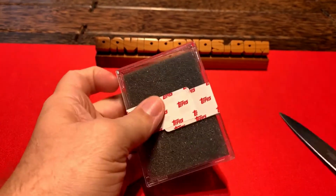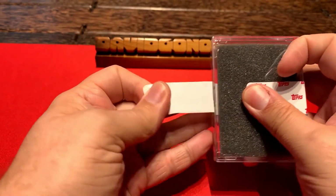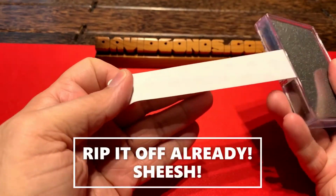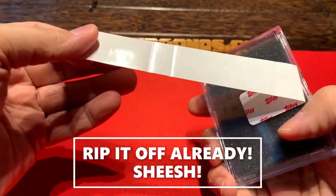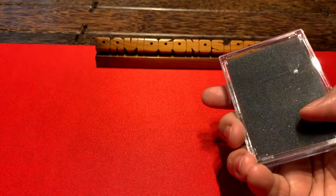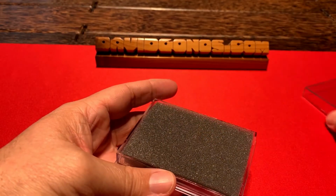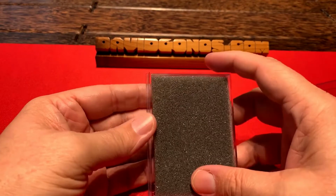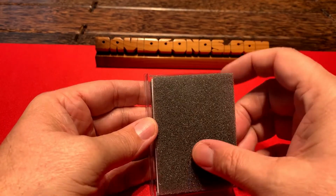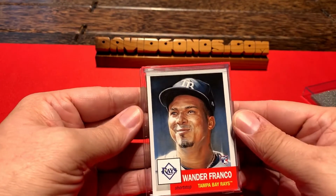Oh yeah. This is a Wander Franco. Obviously, it's going to be quite a popular card in this set. And as you'll see, I go through the top 10 most popular cards and production runs, which means it's most popular. And you'll see there's some pretty good cards that were rookies in there. All right, so here we go. Let's see it. Oh, that